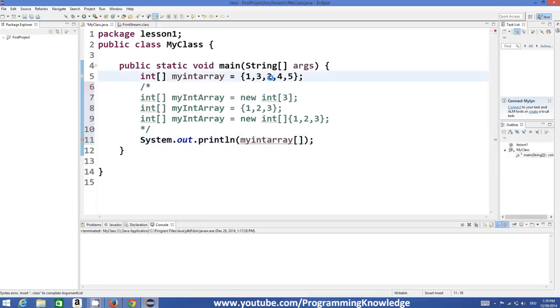So if you want to print this 2, you may think that the position is 1, 2, 3, third position,